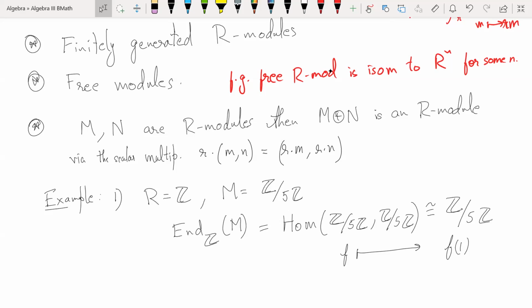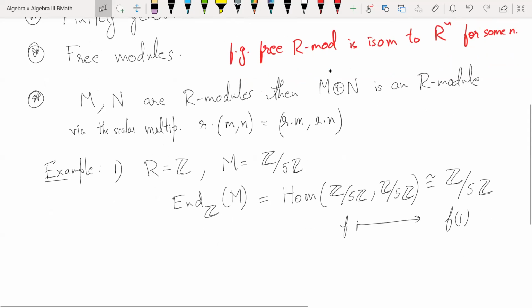it is also injective. If f goes to 0, that means f(1) is 0. So if f(1) is 0, f(2) will be 0 and so on. So everything will be 0. Okay, so of course then the map from R to